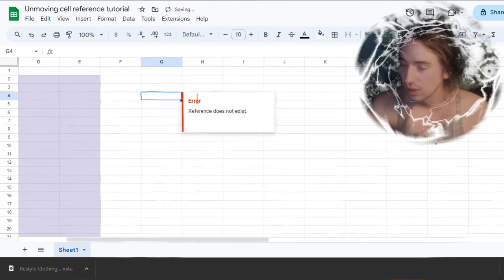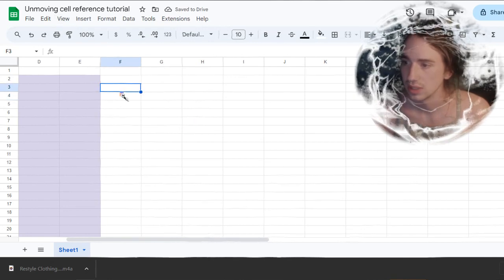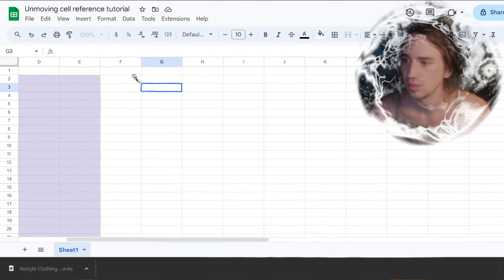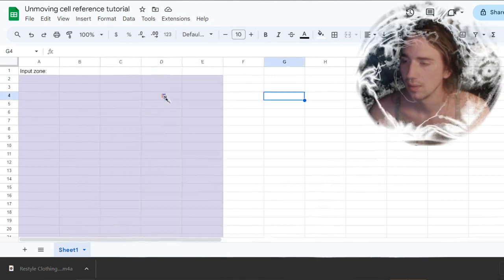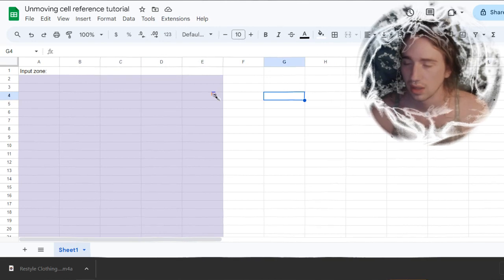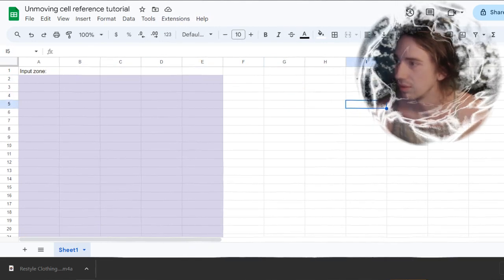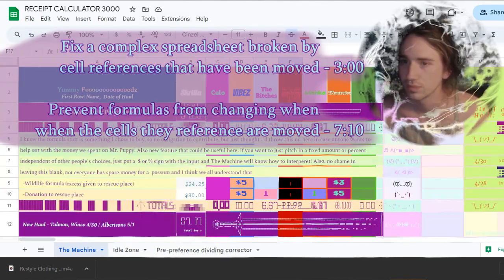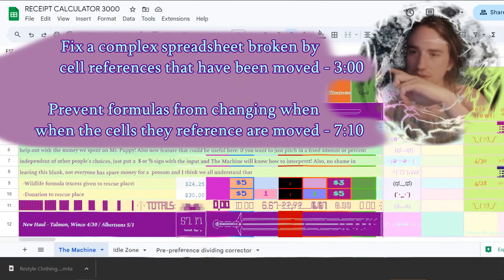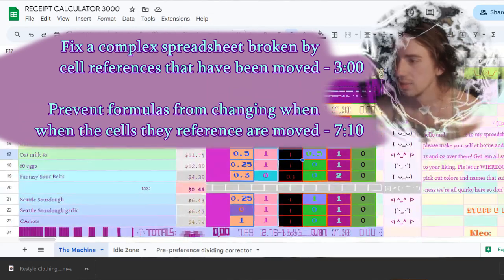So I'll just tell you, it's not a setting in Google Sheets that I know about. I'm calling it a proxy method. This is just the way that I fixed it. If you're curious, just skip to this time code for the tutorial itself. But if you're curious about why you might need to do this,